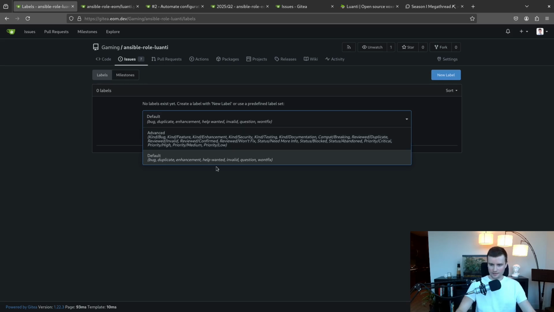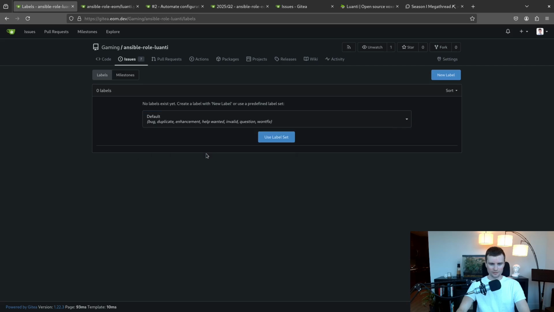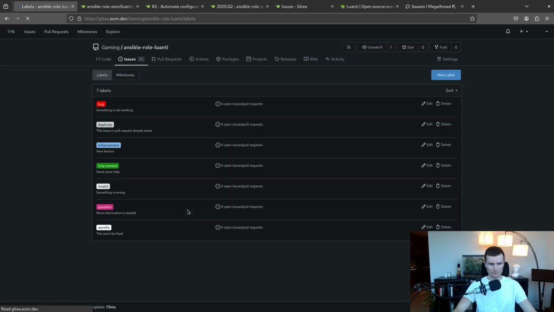I think you get it. So let's just start with the default. And if this becomes more complicated, then we'll do that, but let's just do this. Yeah, nice. And I think I will ask people to use this enhancement label to request mods. Yeah, all right.